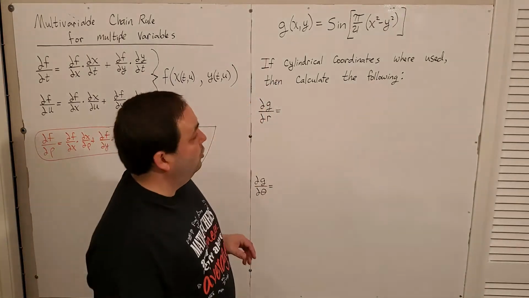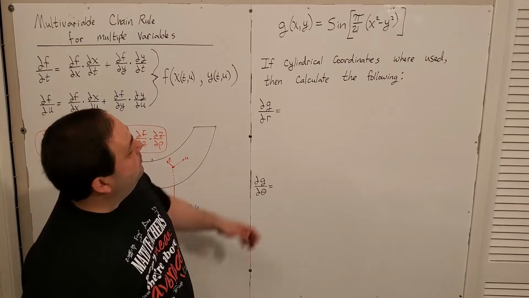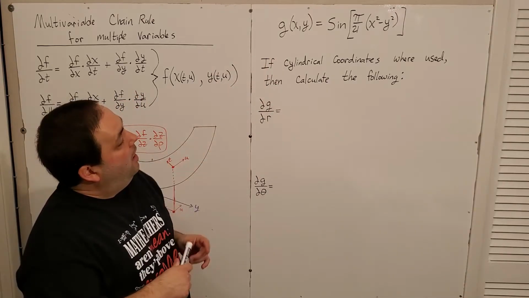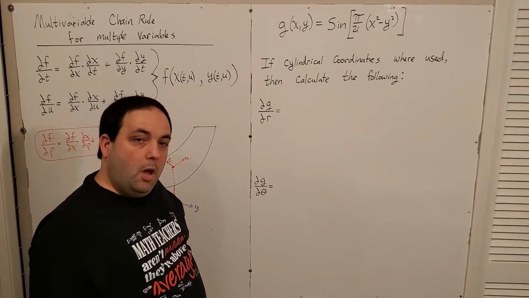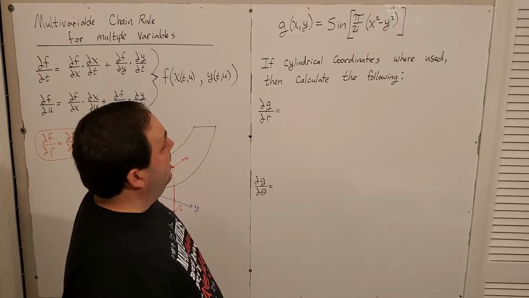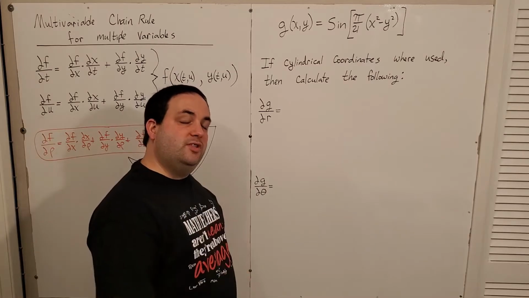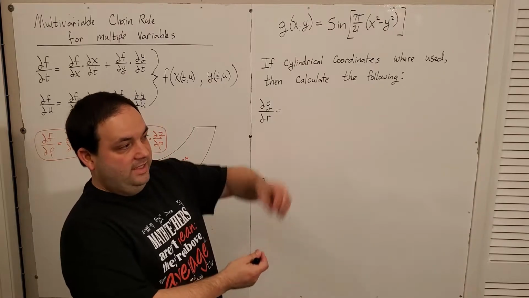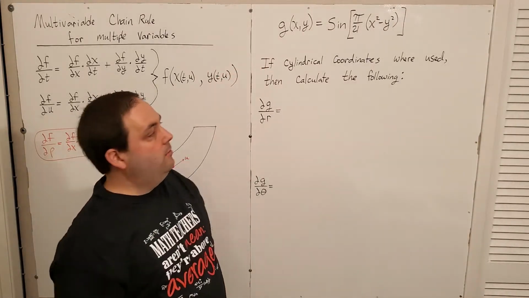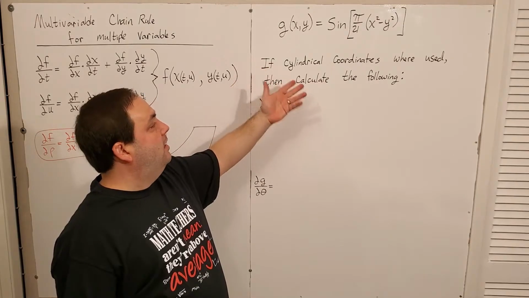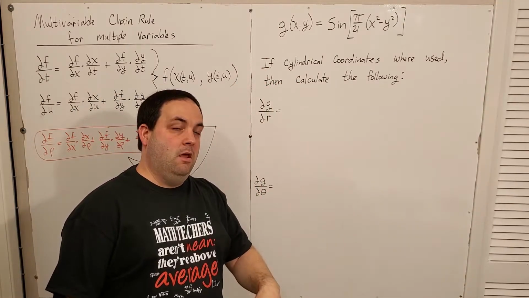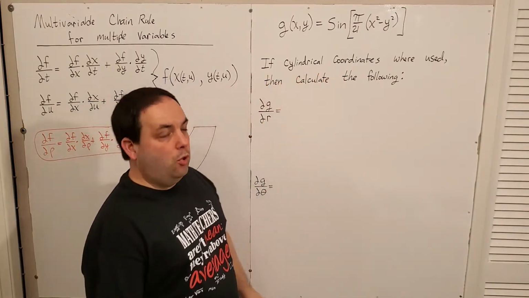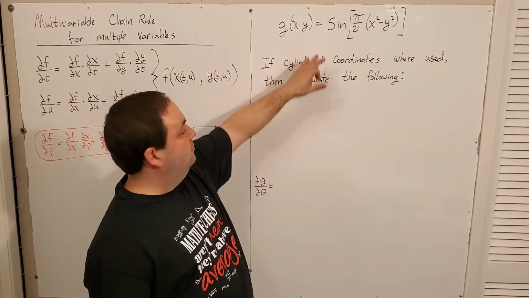Let's get an actual problem going on here. Okay, so here I've got a function g of x, y, sine of pi over 21 times x squared minus y squared. But let's say that we're going to switch to cylindrical coordinates. Remember, cylindrical coordinates is really just z-axis with polar. So what am I really saying here? I'm really saying that I'm switching the domain from rectangular to polar. That's really all this is saying. If we're going to use cylindrical coordinates on a rectangular function,